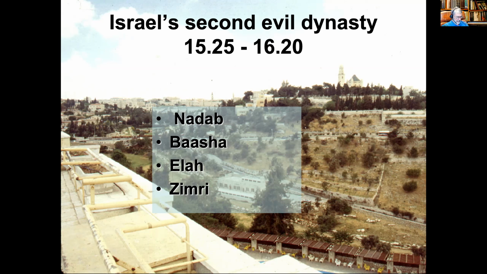By the middle of chapter 16, we've got Elah and Zimri and all of these guys, and the people of Israel were divided. This is 16:21. And half of the people followed Tibni, the son of Ginath, to make him king, and the other half followed Omri. And this is a fascinating comment on the politics of the northern kingdom at this time